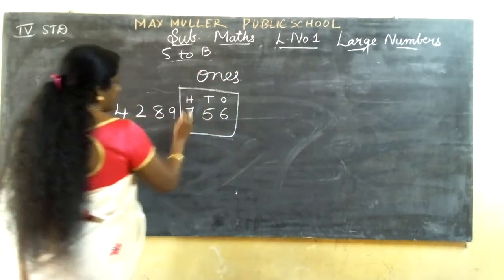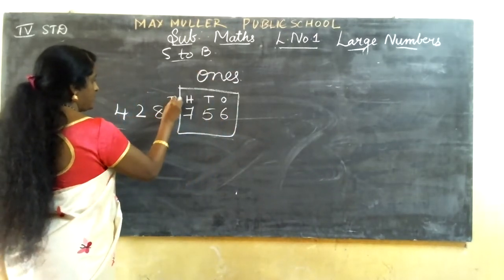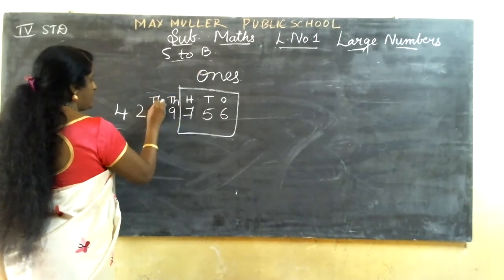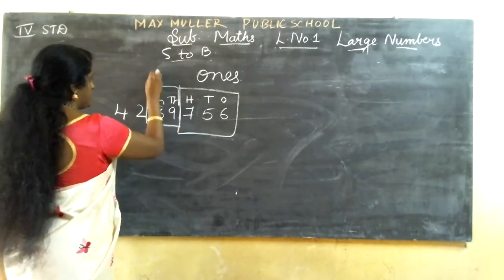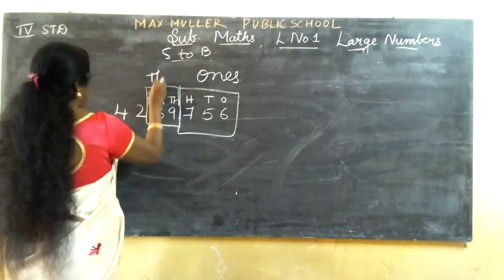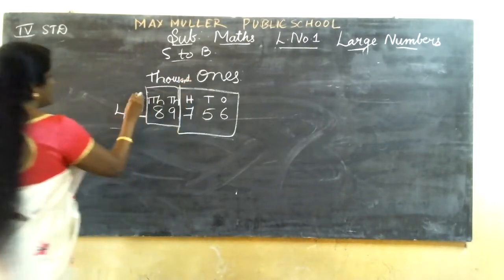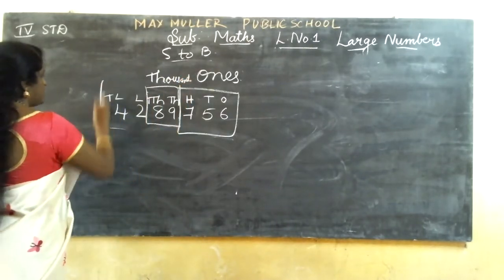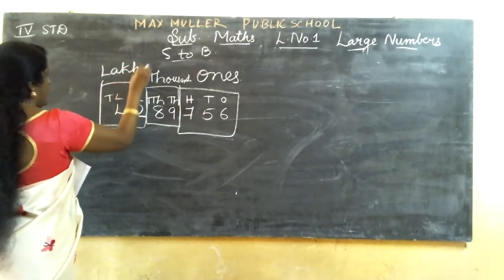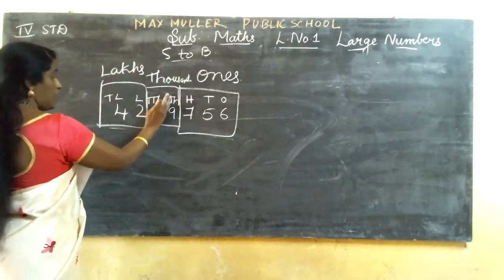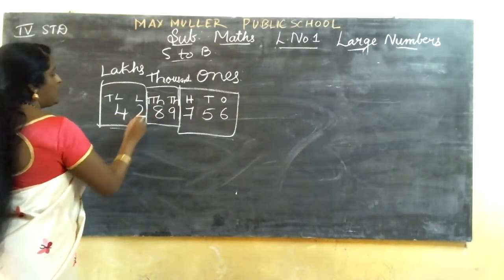So after hundreds, here we'll put a comma. This is 1,000. This is 10,000. This is the thousands place. Then this is lakh, 10 lakh. This is the lakhs place. This is thousands because two digits are there. See, 42 lakh